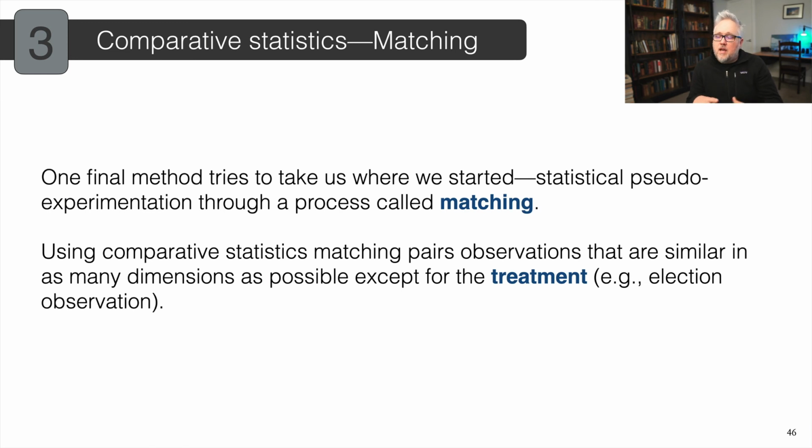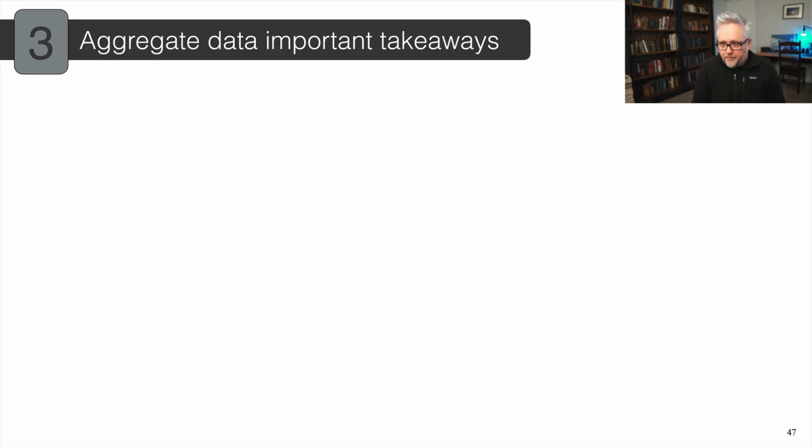And this can be really random: you can have a country observation of one country in one year and another country in another year, but because there are similarities across, let's say, population or GDP or other variables, they're similar except on that one variable. And matching is becoming increasingly relevant in recent years as a way to do that pseudo-natural experiment, but with aggregate data.